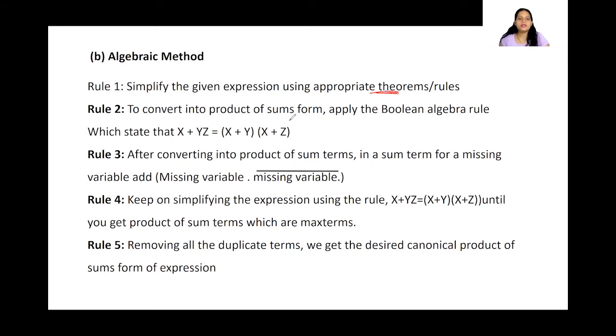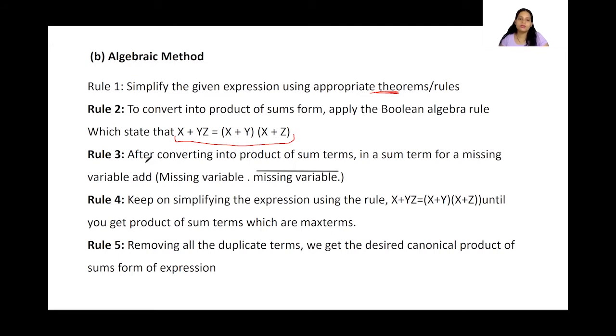Second rule is to convert into a product of sums form, applying the Boolean algebra rule, this particular rule. This is nothing but our distributive law, isn't it? So this we are going to use on the simplified form, right? Once we do that, again we are going to simplify it, and at the end, whatever the expression we get,